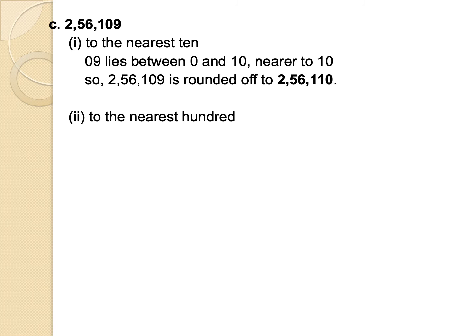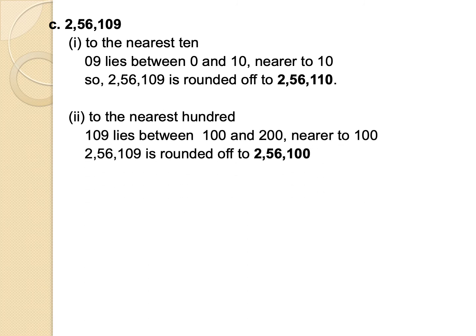2,56,110. To the nearest 100 तो हमें लास्ट के 3 डिजिट्स देखने हैं यानी कि 109. 109 lies between 100 and 200, nearer to 100. क्योंकि टेंस की प्लेस पे 0 है जो कि 5 से छोटा है, इसीलिए ये राउंड ऑफ होकर 100 बनेगा. So 2,56,109 is rounded off to